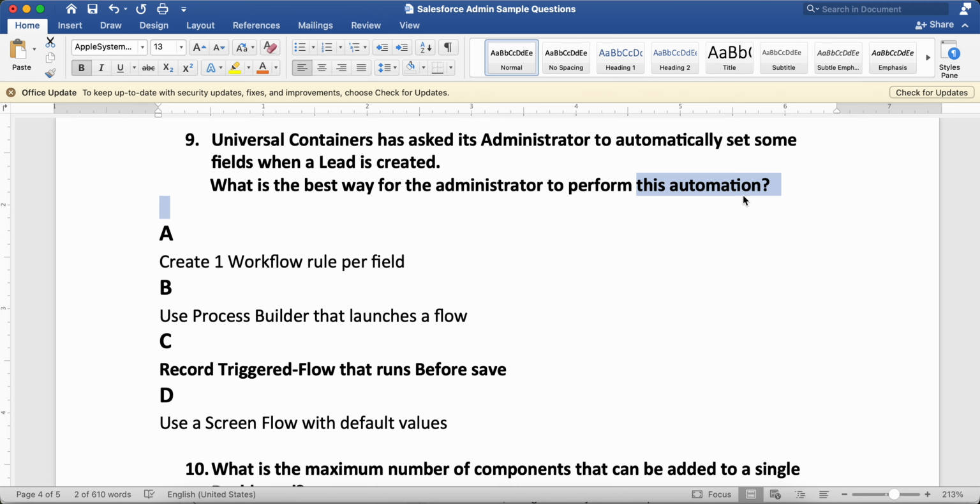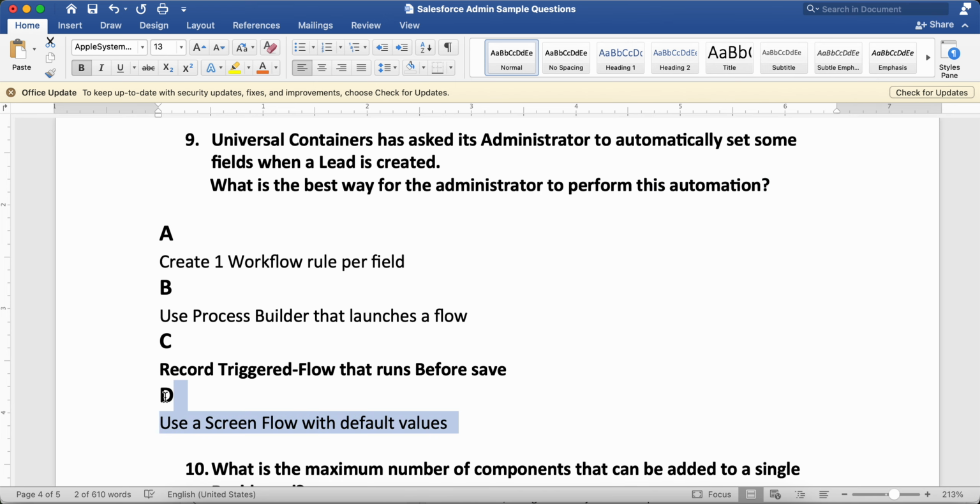Okay, don't go for process builder, don't go for workflow rule, because the process builder and workflow rules are going to retire in Salesforce. Okay, so ultimately they will no longer be used. So we always have to go for flow, because flow is anyways the best automation. Okay, we all know that. Now the first and second options get eliminated, we will not go for workflow rule and process builder.